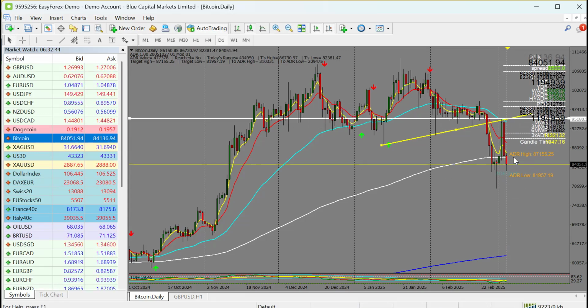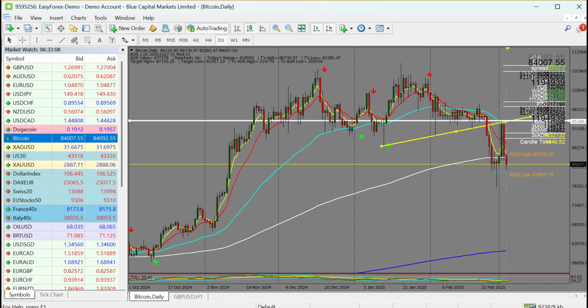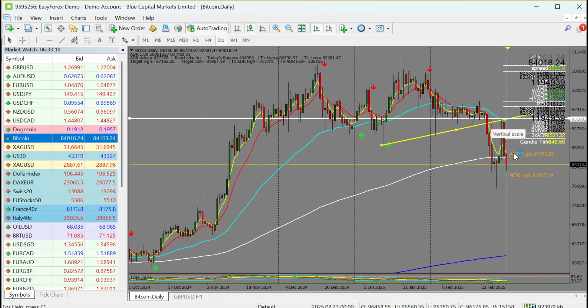So Bitcoin for now, I'm expecting lower lows and lower highs, and I'm still targeting my Bitcoin trade to come all the way to the 800 EMA. Yes, President Trump talked about the cryptos, but you can see most traders end up chasing this market to buy, while the market is reacting to the technicals. So that is it on Bitcoin.